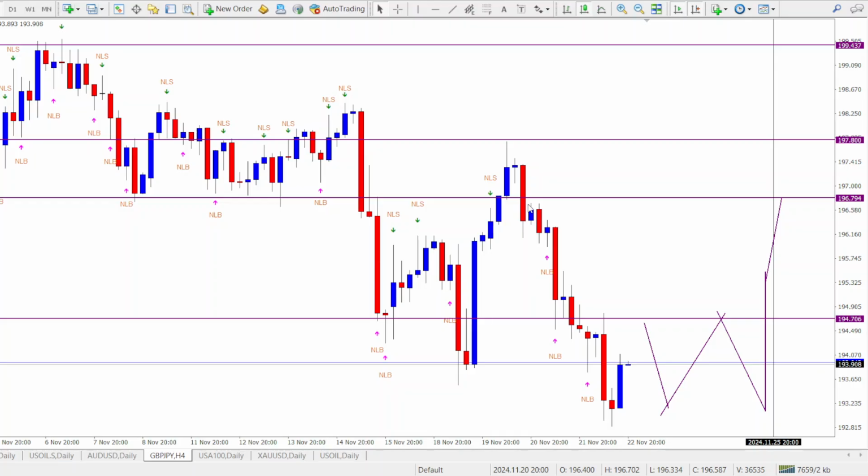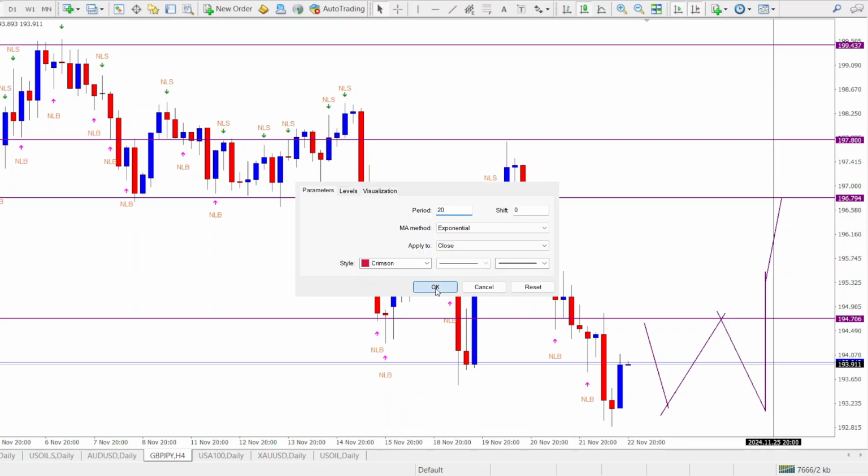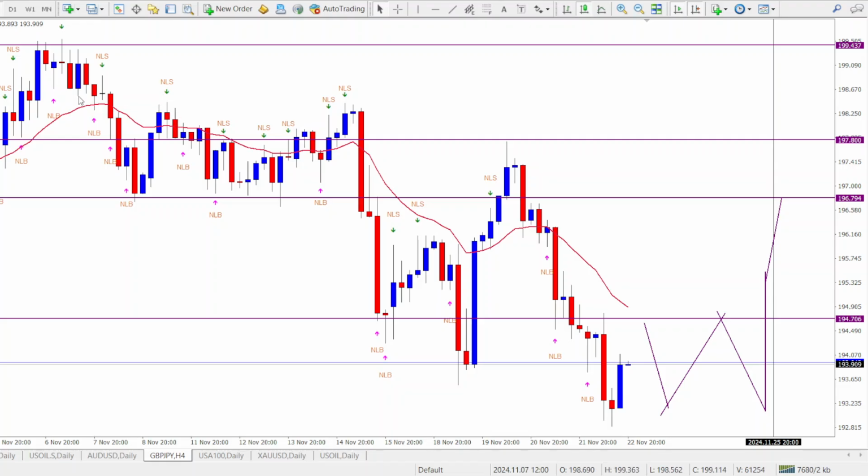But before I round up the video, you can also use other indicators for confirmation. For example, if we are going to use the moving average, we can use it to confirm our entries and also to confirm our exits. For example, now if we had entered a sell trade right after we got this moving average confirmation, we would have considered it, because the price has been bouncing off the moving average, as the moving average is serving as a dynamic resistance,